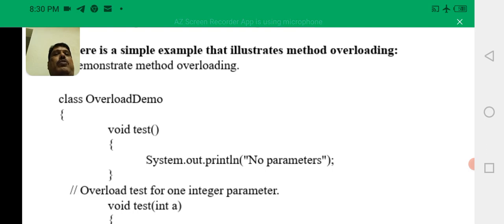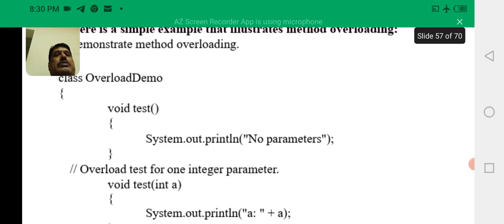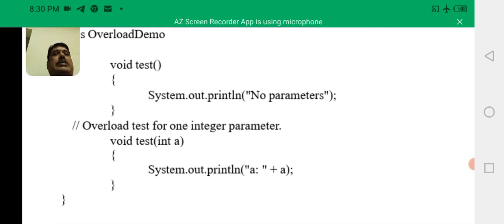Class OverloadDemo, void test with no arguments, System.out.println, no parameters. Overloaded test for one integer parameter, void test int a, System.out.println a value.